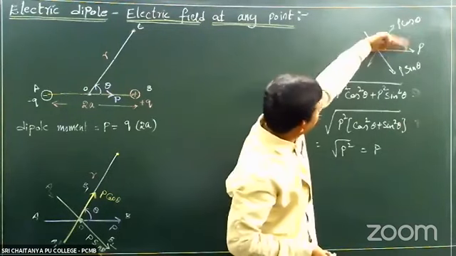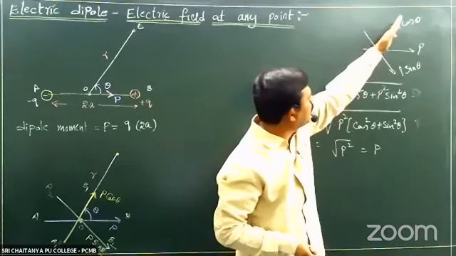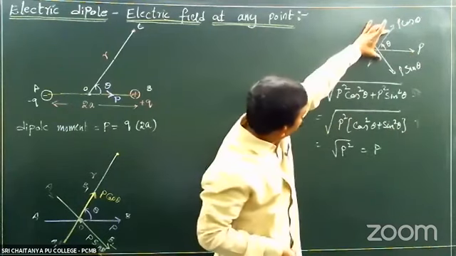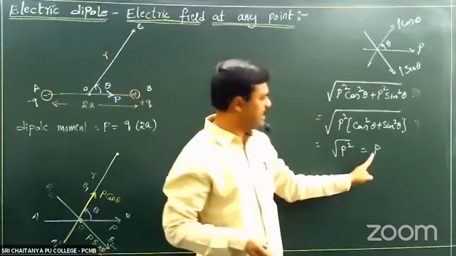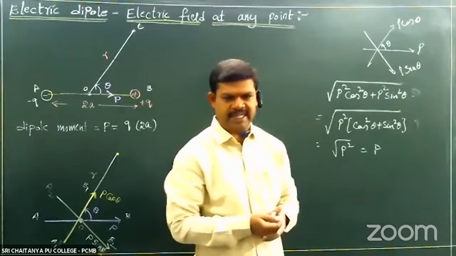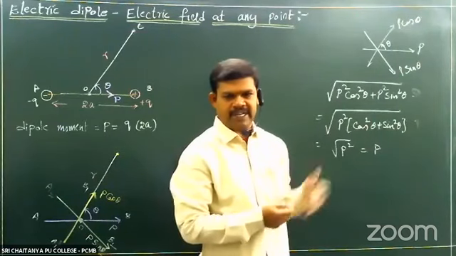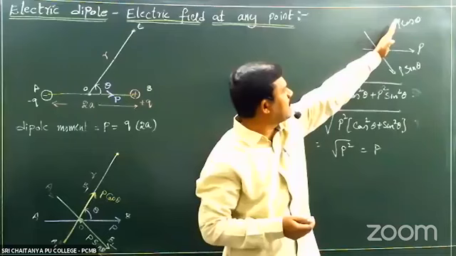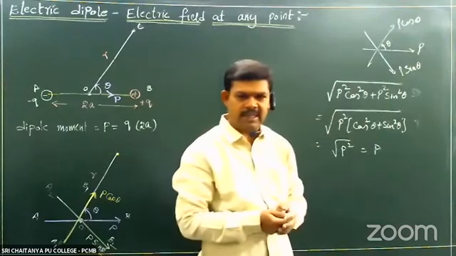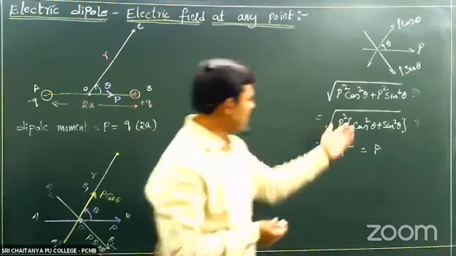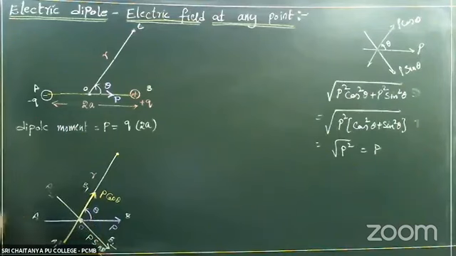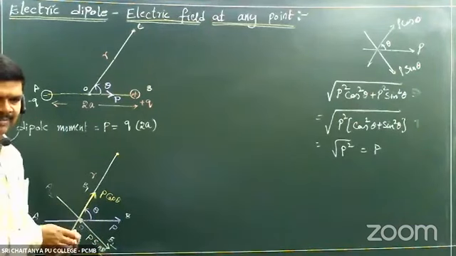So if you resolve it into two mutually perpendicular components like this, P cos theta and P sin theta, if you take their resultant, it again gives P, right? In first year vectors we studied it. Resolution of vectors. This is horizontal component P cos theta. This is vertical component P sin theta, right? So that is used here. So this is P cos theta and this is P sin theta. Up to this clear? Okay.